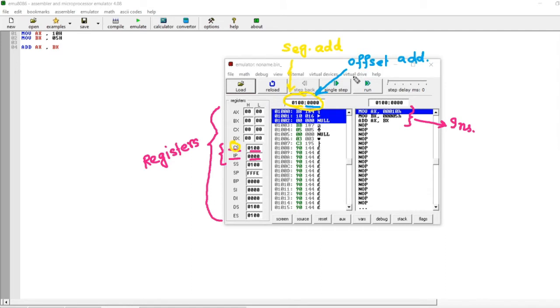And this offset address, as I discussed in the last slide, is given by our IP register, which is here. As you can see, the value of IP is 0000, and here also the value is 0000. Now we saw, if we have the segment address and the offset address,